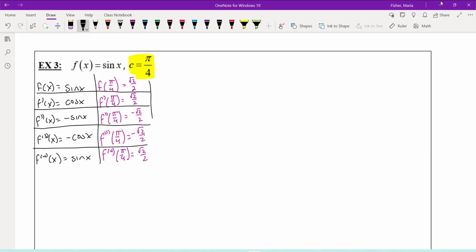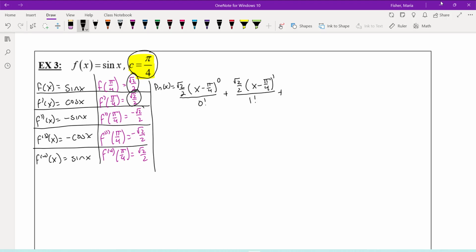Now let's build that formula. P sub n of x is going to equal the square root of 2 over 2 times x minus where I'm centered at, which is pi over 4, raised to the 0 all over 0 factorial, plus the square root of 2 over 2 times x minus pi over 4 raised to the first all over 1 factorial, plus negative root 2 over 2 times x minus pi over 4 raised to the second power all over 2 factorial, plus